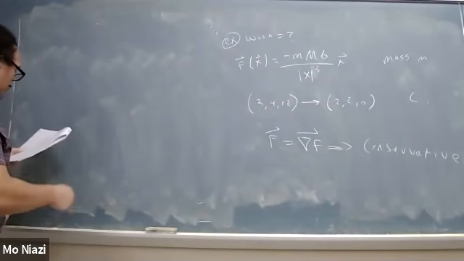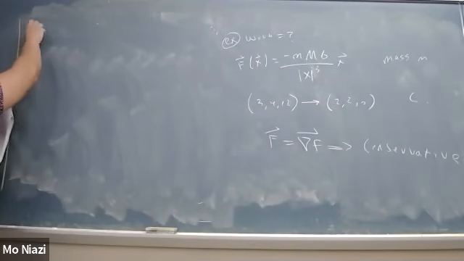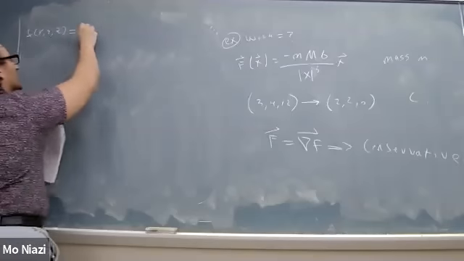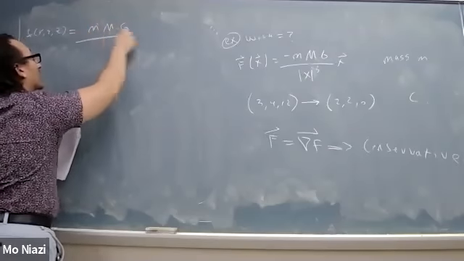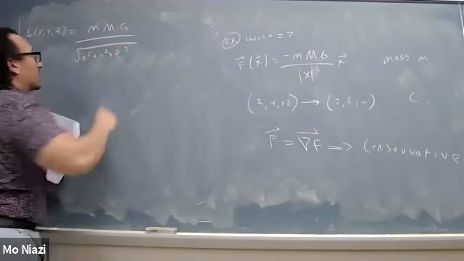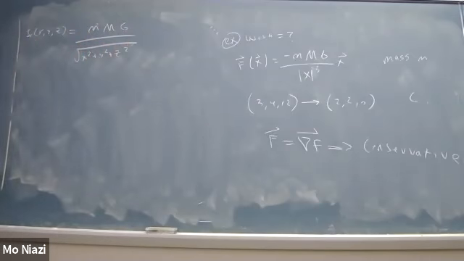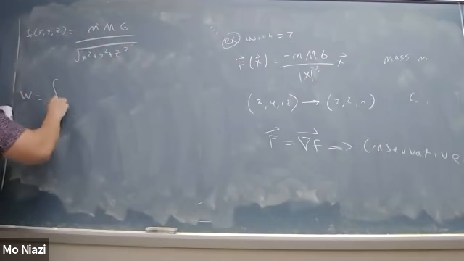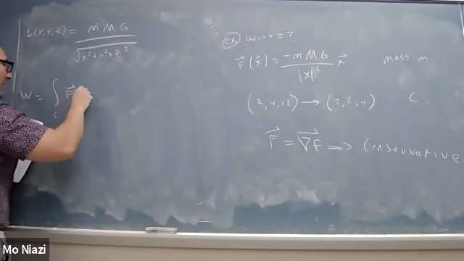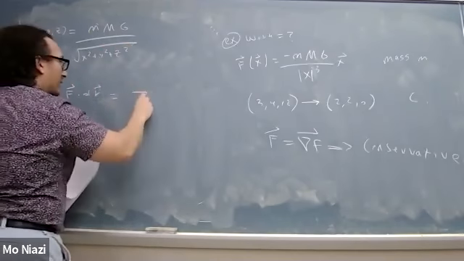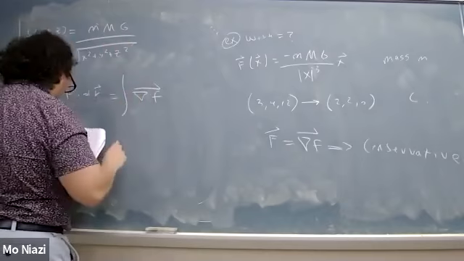Okay? Notice that it can be shown, and we will show, that such a potential function is this. And we've talked about this before. I don't feel bad about just bringing it up again. We've talked about this in a previous class. Okay? Where f is the potential function. So the work, which is defined as the line integral of F dot dr, is the same thing when we replace F with its gradient counterpart,